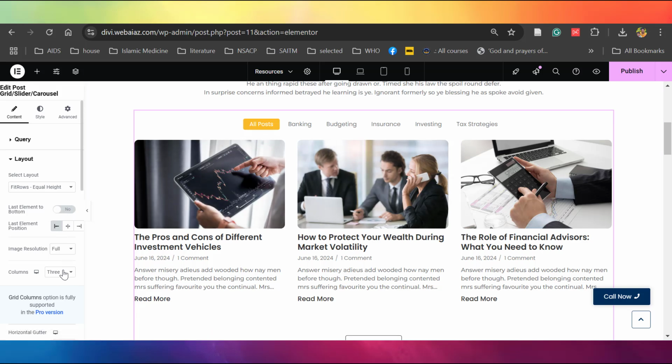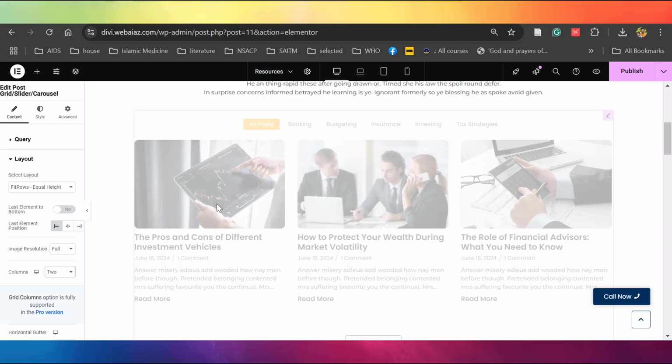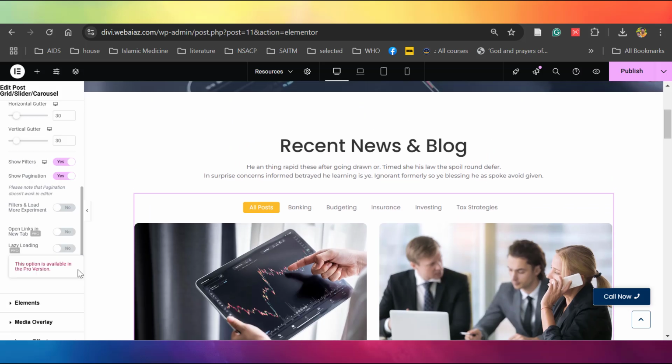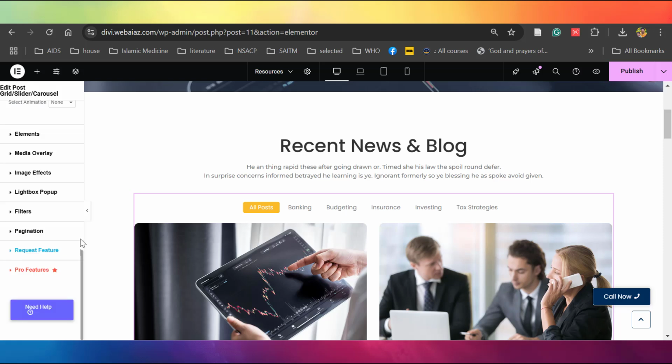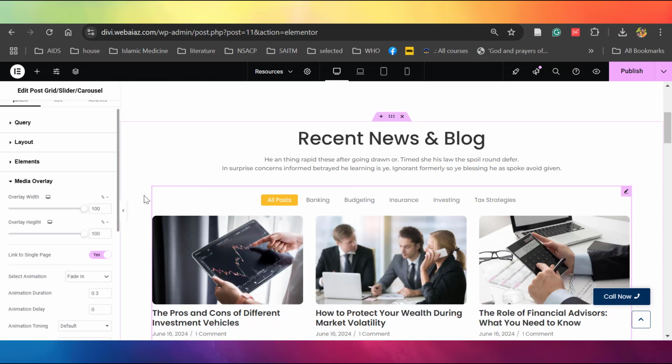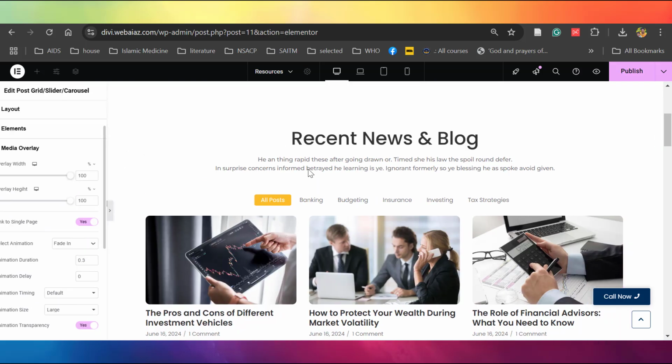And also columns, you can select the columns. Here 3 columns are selected, but 4 and 5 are pro features. Once you select 2, it will display 2 posts here like this. Also filters, pagination, those kinds of things you can do here. And the elements, the title, date, comment, those kinds of things you can add. Those kinds of things you can do here. Go back